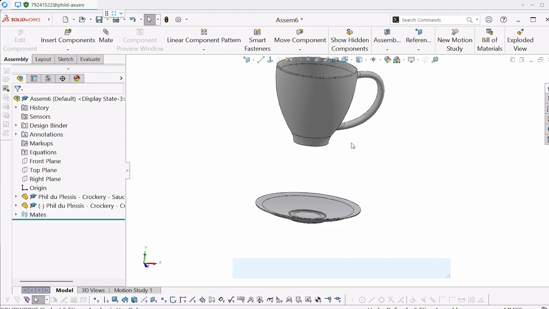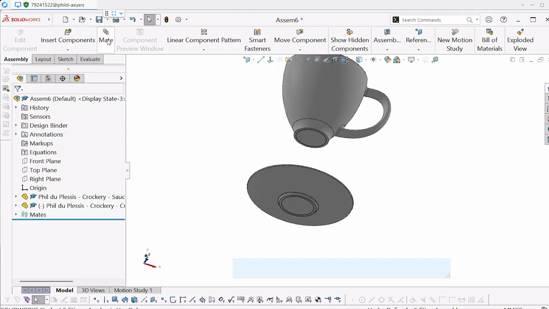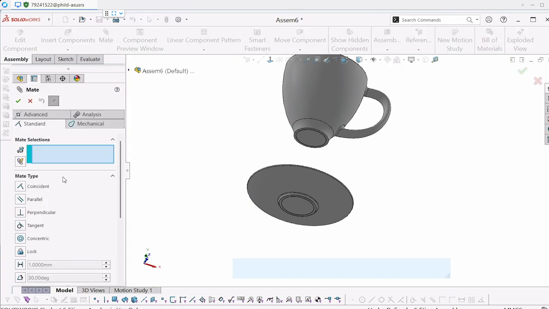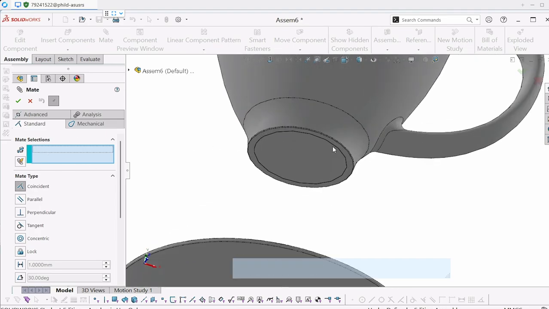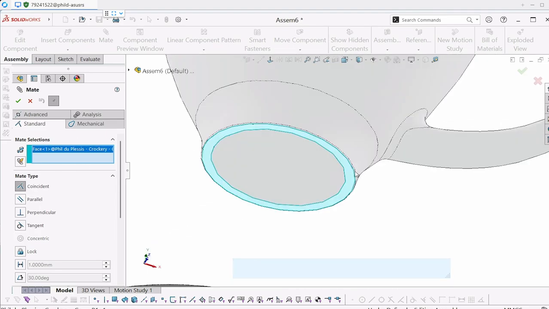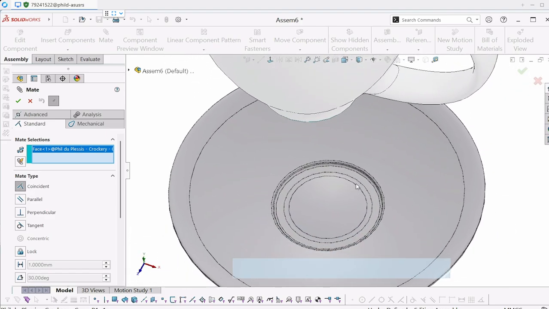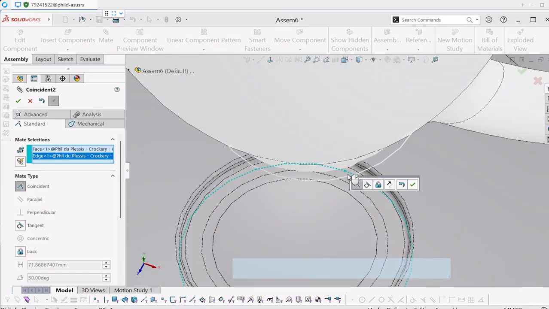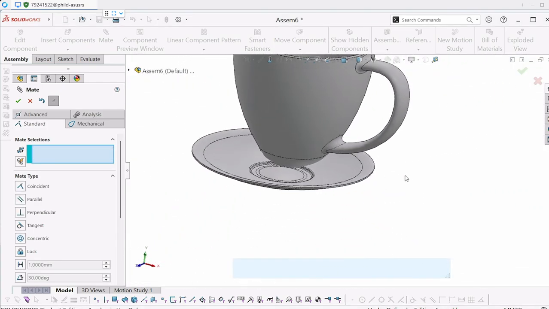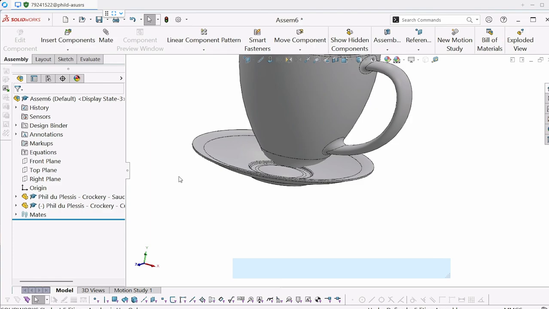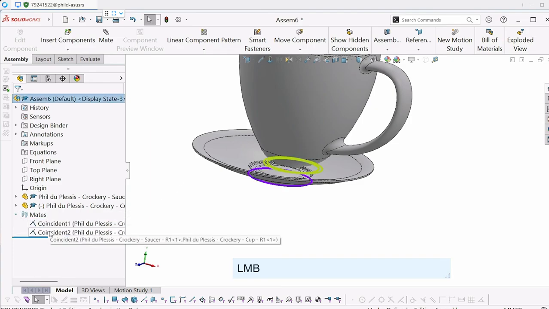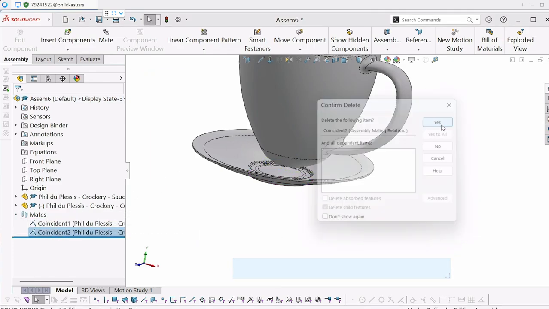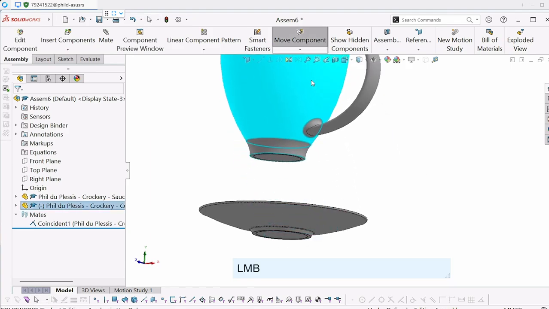So let me show you how to mate it. So the slow way is obviously to use the mate command. Well, maybe not that slow. Select the one you want, either that or inside the mate selections dialog box, click on one face. You don't have to hold anything down, and then click on another face. All right, and then you say coincident. Yes, I want that one. I'm going to delete that. Let's just see if I can get rid of it for now, and just show you the sort of on-screen